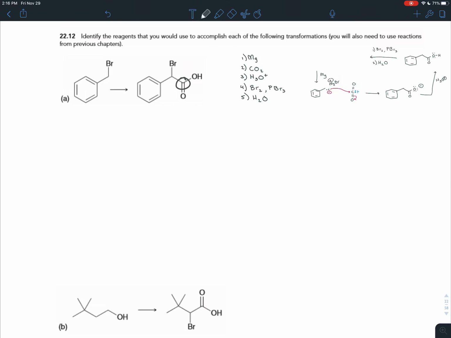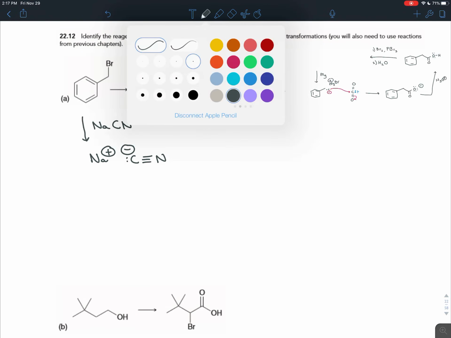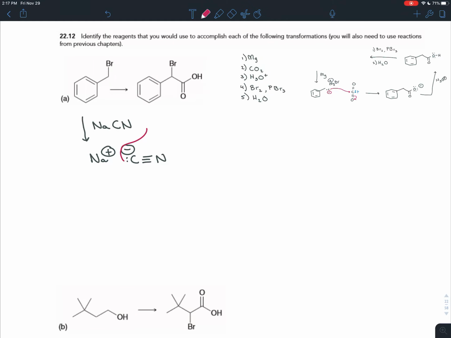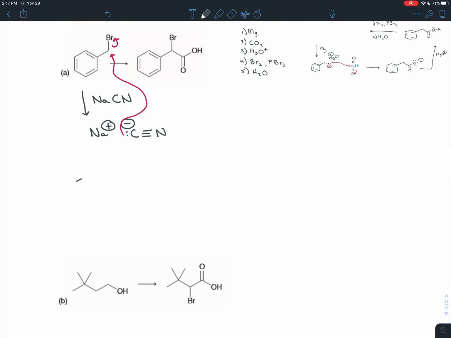And I could bring a carbon in, not as an electrophile, but as a nucleophile that kicks the bromine off. In other words, I could use a cyanide. So if I had something like sodium cyanide, remember what that looks like is sodium gives its electrons away, the carbon is triple bonded to the nitrogen, has a full negative charge. So that can swoop in, attack this carbon, kick the leaving group off, and what you'd have after that step